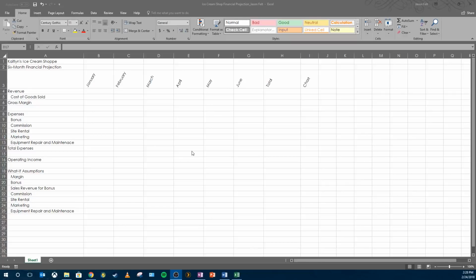So we just previously created the column headings here and the row titles here. And now we're going to start putting in the values for this financial projection. So the scenario behind this, in case this isn't obvious,